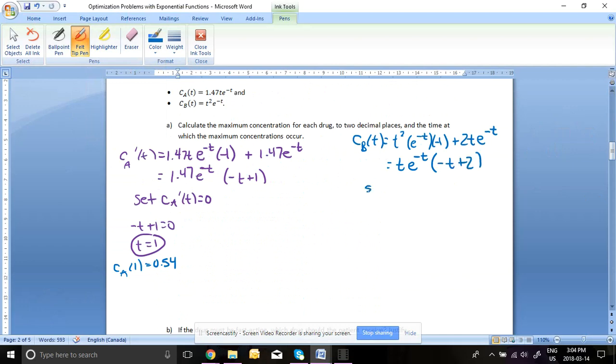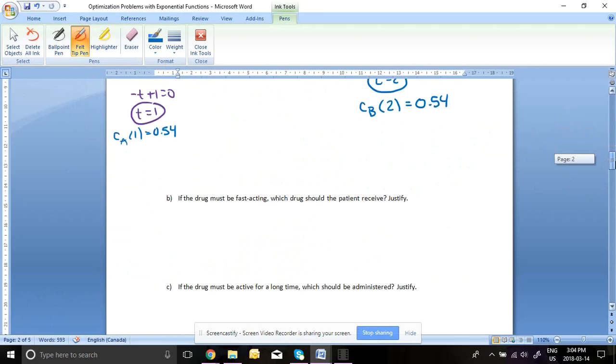So same reasoning when we set this equal to, let's say, C_B prime. When we set C_B prime at t equals 0, this will have no solution, so you just get t equals 2. And when you put that into the function, you also get 0.54. So they both have a maximum concentration of 0.54,